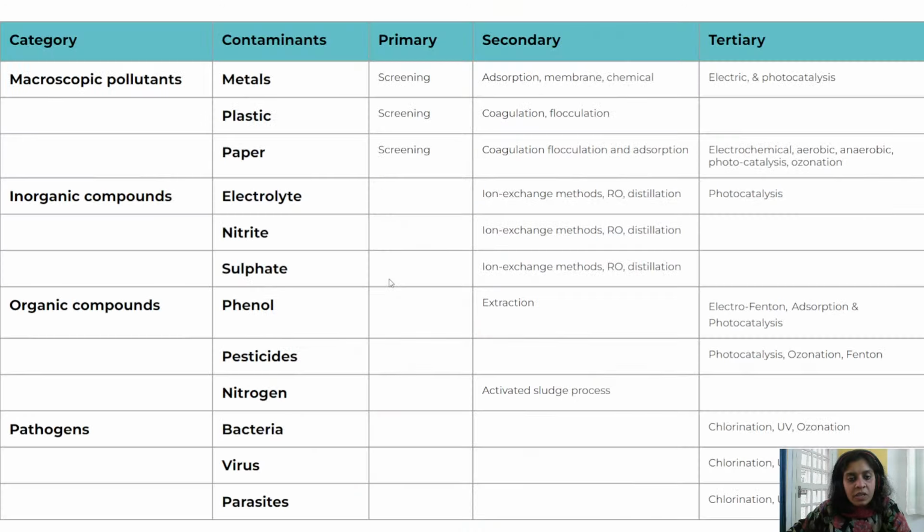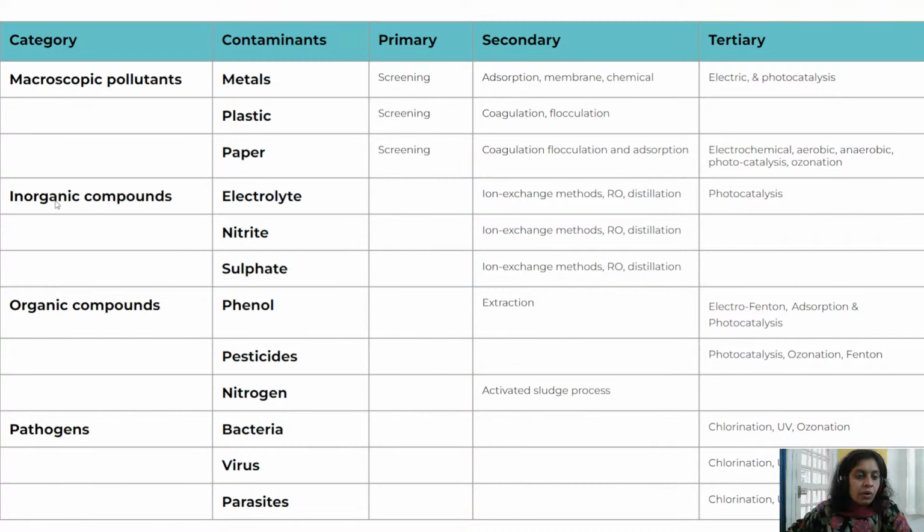And for all of these separate contaminants, you have different treatment processes. For example, macroscopic pollutants can be eliminated easily by the use of screening or mechanical separation techniques. If you have waste coming from the petroleum industry, textile industry, or any other industry, the methods will be completely different. Do you have turbidity in your system? Do you have more of the odor in your system? So accordingly, your treatment methods change.